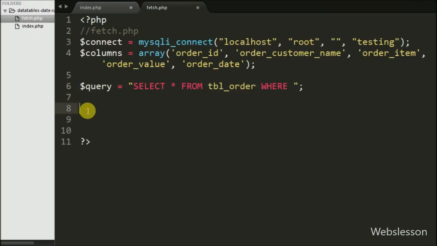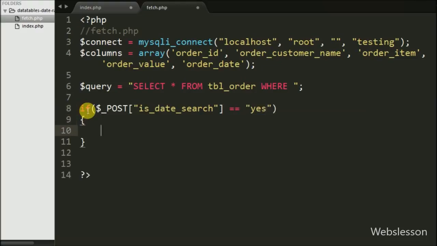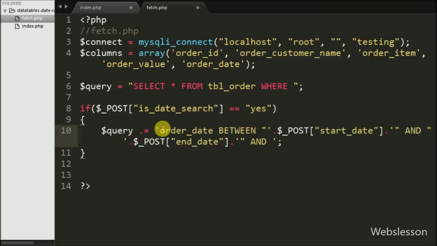After this we write an if statement, and in the condition we write $_POST date search variable is equal to yes. This variable we receive from the Ajax request, and if its value is equal to yes then it will execute the if block. Suppose the $_POST date search variable value is yes, then it executes the if block, and under this block we